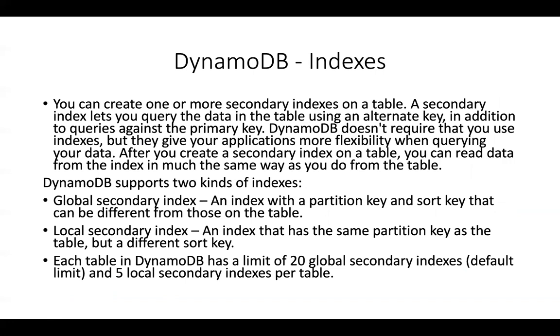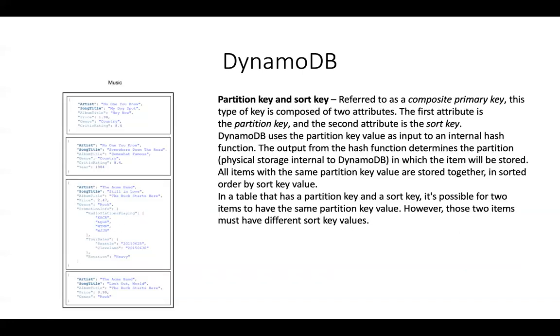You can see there are two types of indexes here: a global secondary index and a local secondary index. A global secondary index is nothing but a partition key and a sort key that are totally different from those on the table. In this example, when you created the table, you had the artist as the partition key and the song title as the sort key. Now, if you create a global secondary index, it does not even need to have the artist or the song title. You could have a global secondary index with the album title and the price. It's totally possible. When you query your global secondary index, you can query based on the album title and the price rather than the artist and the song title. So now your queries are much faster.